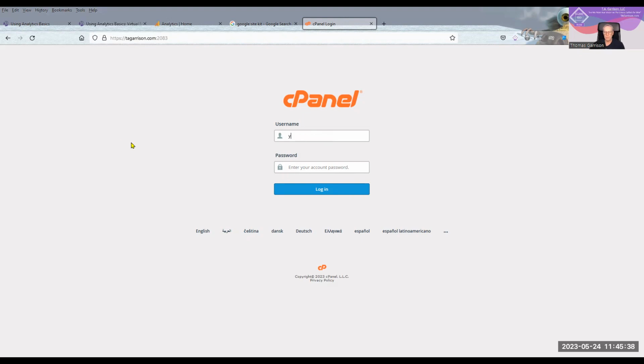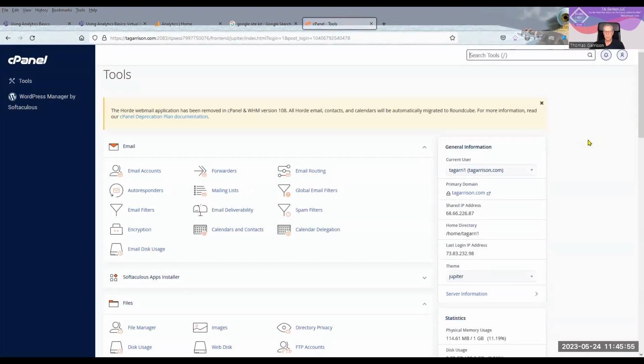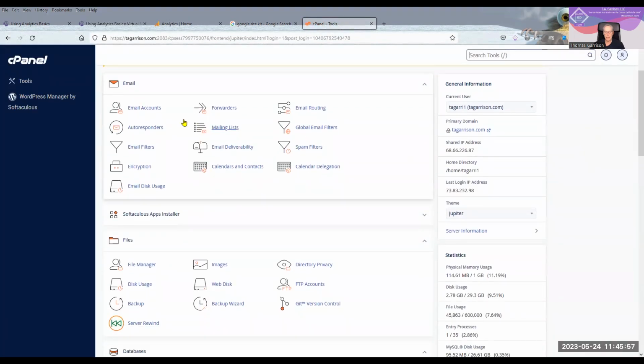Now, I'll log in here and give you a quick overview, but this will show you how much you can do with your own website. So you have your email accounts, forwards, anything that you want to do with your email, that's all done here.